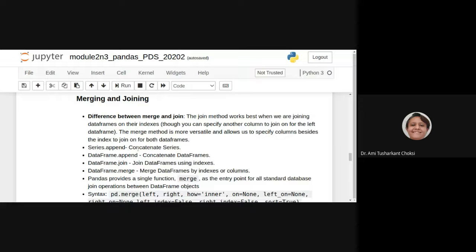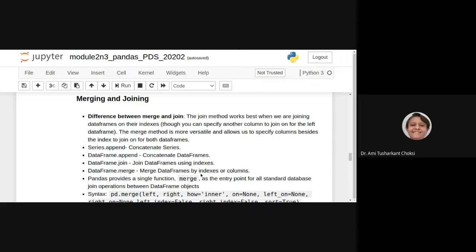Series.append is used to concatenate series. DataFrame.append will concatenate data frames. DataFrame.join will join data frames using indexes. DataFrame.merge will do what?